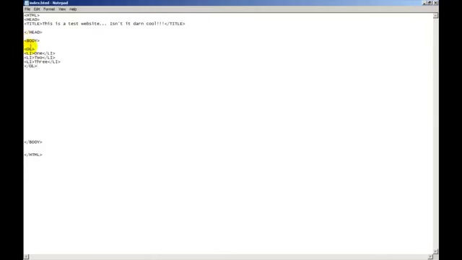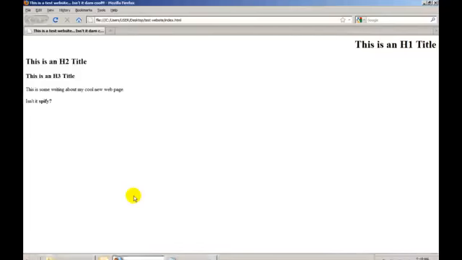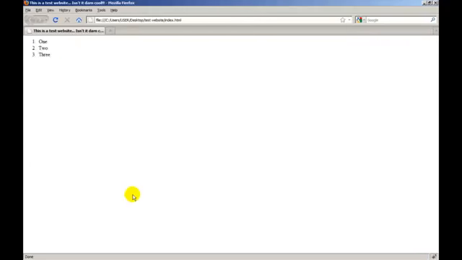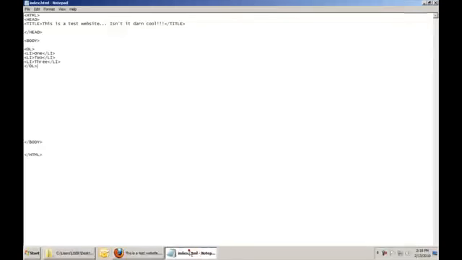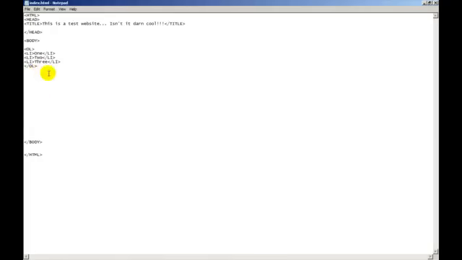So OL opens the ordered list, then you do list item 1, list item 2, list item 3, and then you close the ordered list. We do File, Save. Now if we go back to our page and we hit F5, we now see our ordered list. Look, 1 goes to 1, 2 goes to 2, 3 goes to 3. See, isn't that cool? Now, if we go back to the HTML page,